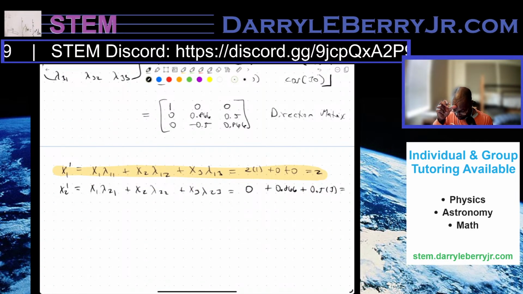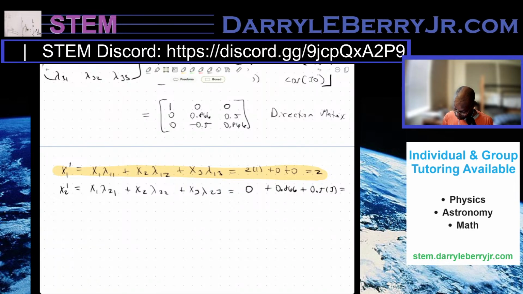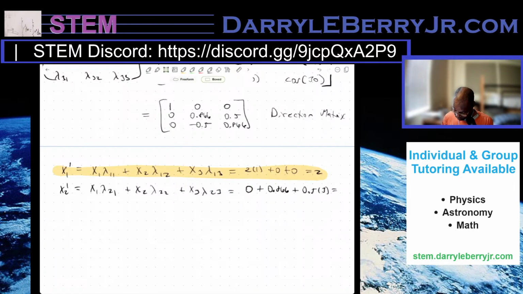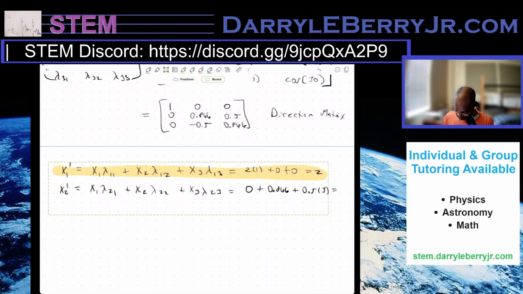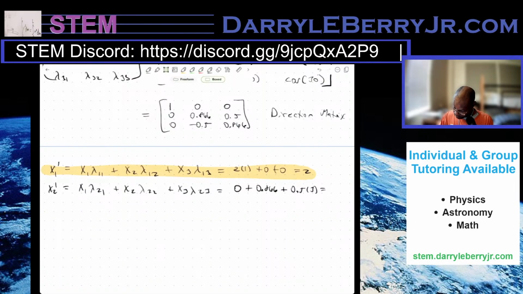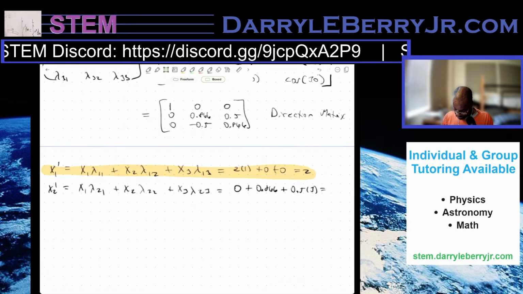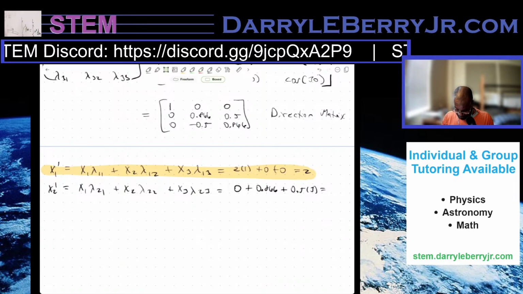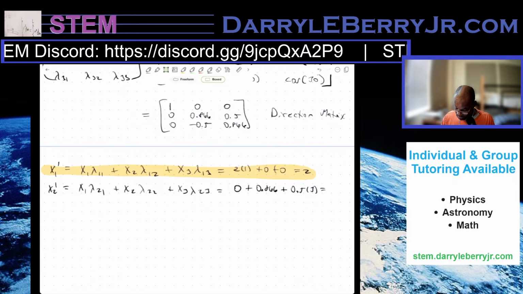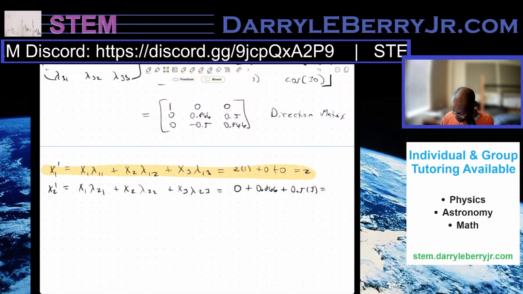And that equals, let's see, 0.866 plus 1.5, 2.366,